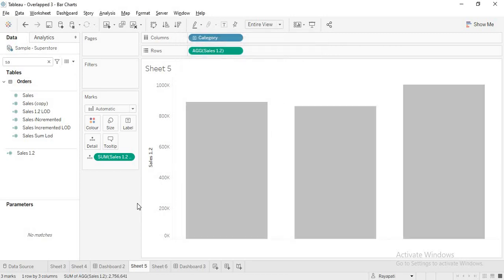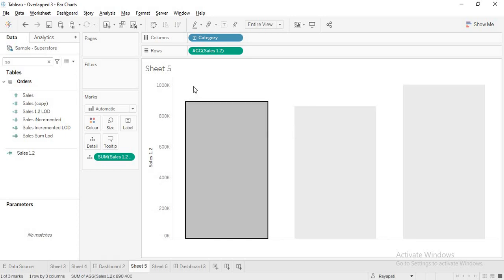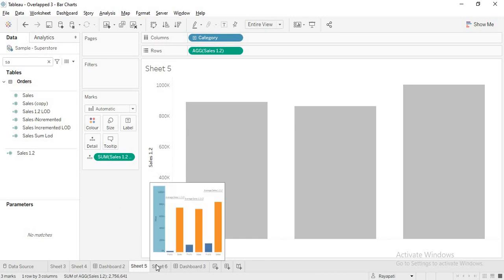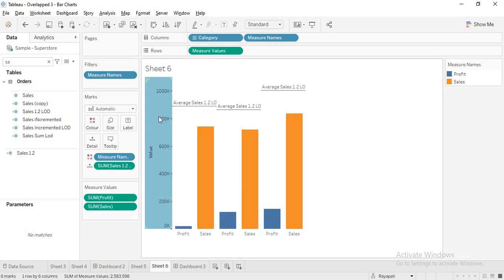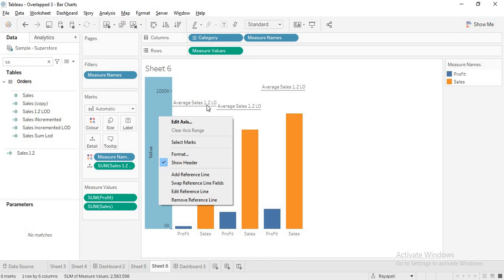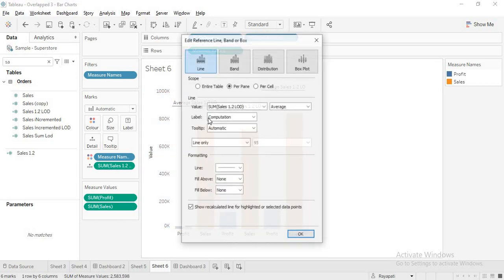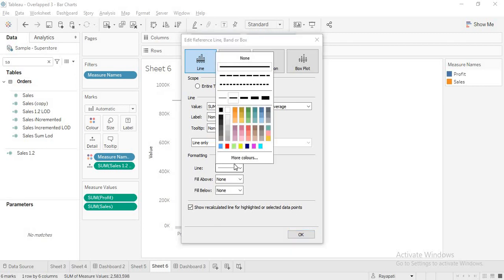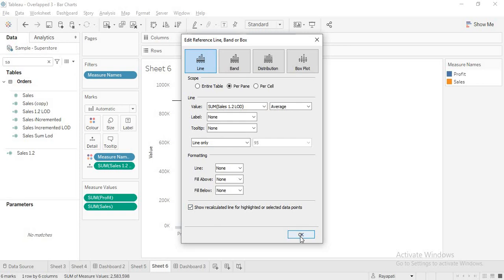Okay, now if you click anywhere, see, nothing is being shown. But isn't the reference line there? The reference line is present, but we actually hid that reference line. Again the same way, here I'll click on edit, label none, tooltip none, and also line none.